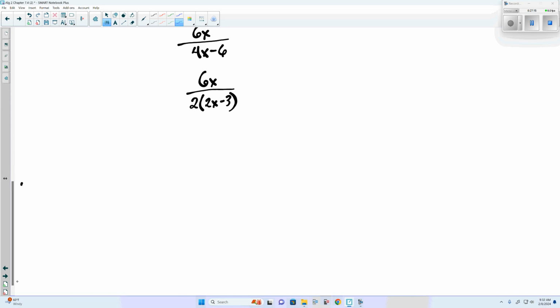As long as there's nothing in common with our numerator term and the denominator. 6 and 2. 6 over 2 is 3 over 1. So the numerator would be x. The 2 simplifies to 1, leaving us with